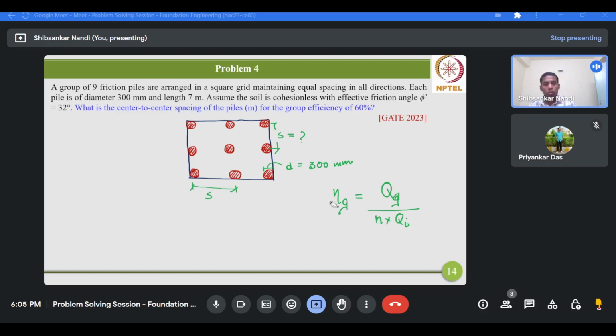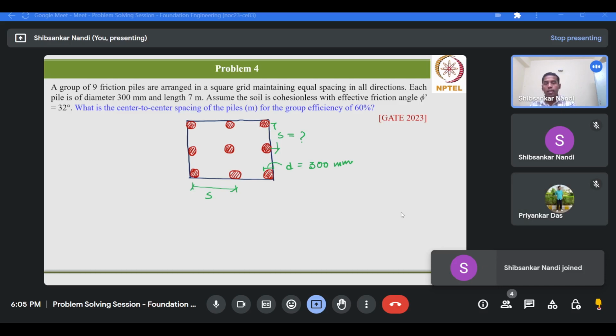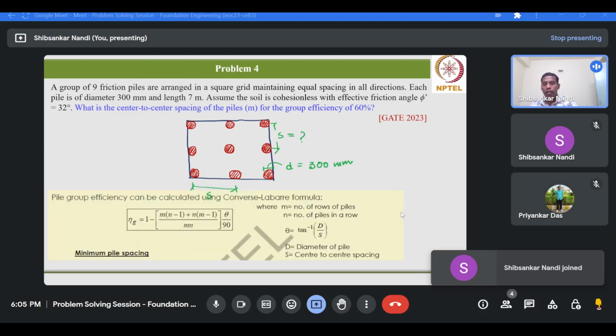Okay. So to solve this problem, we'll basically use the formula given by the Converse-Labarre formula to determine the pile group efficiency. This formula involves the number of rows of piles, the number of piles in a row, and a variable called theta. If you know these three variables, you can easily determine the group efficiency of the